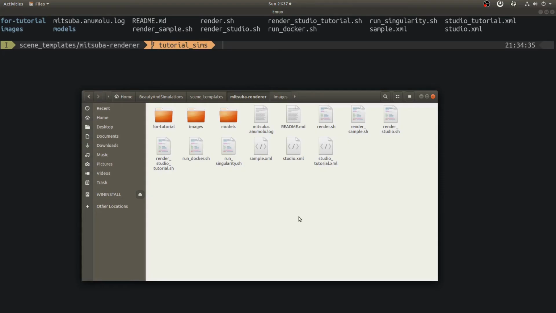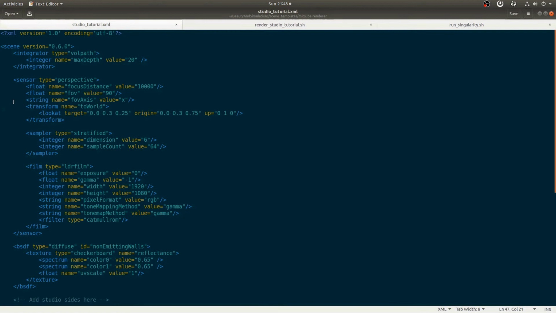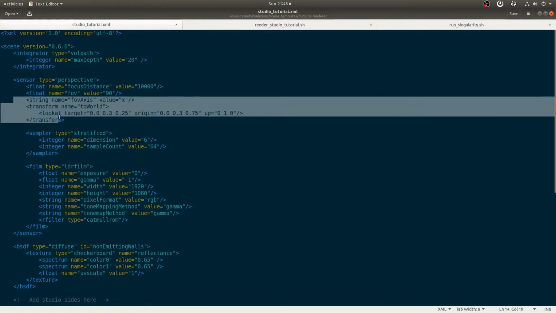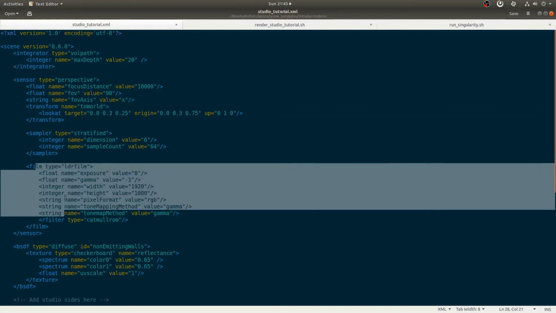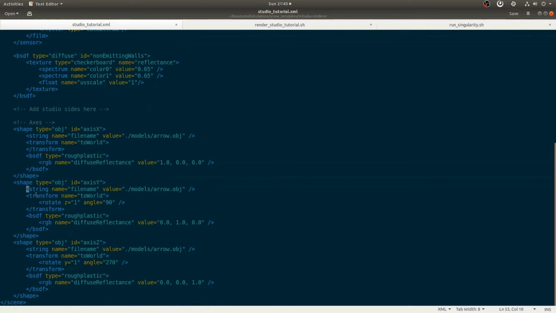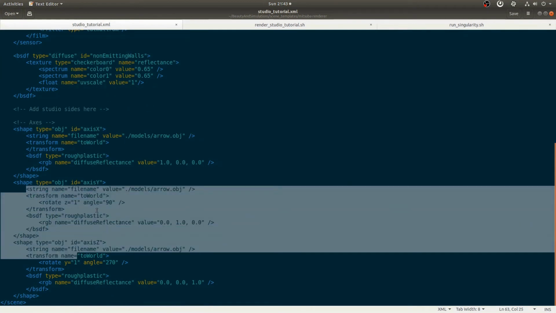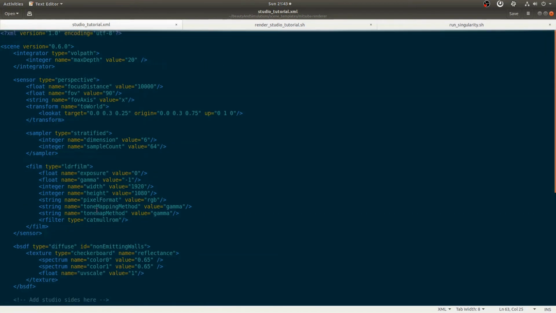Using everything that we just discussed, we will start preparing our studio. There is a scene file studiotutorial.xml in the Mitsuba renderer folder. We will make changes to that. This file contains basic options such as settings for camera, settings for rendering algorithm, and to process output. We also have some direction indicators that can come handy to see the direction of coordinate axis. If we render this scene, we see nothing but axis vectors.